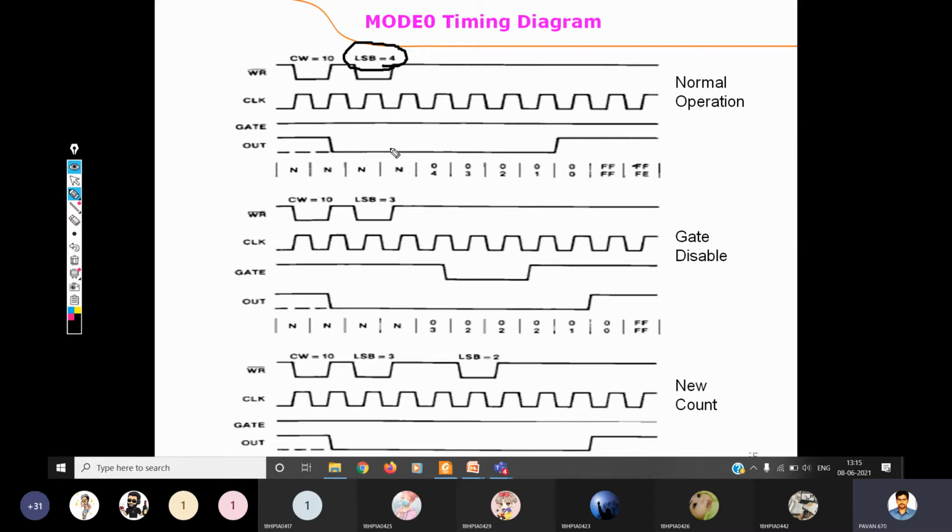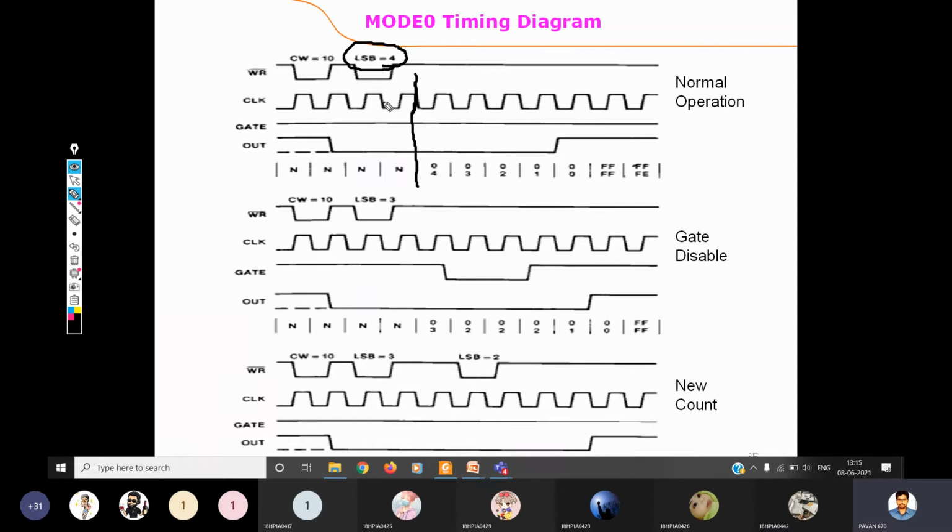Okay. And your actual count starts after one clock cycle. Just observe, it is the negative edge, not positive, negative edge. So everywhere, just observe the negative edge. I hope it is visible properly. Observe this negative edge of the clock. So after loading a value, whatever the clock pulses are generating, the immediate next negative edge, whenever it occurs, from that time the counting operation will start. Okay, that is the reference here.